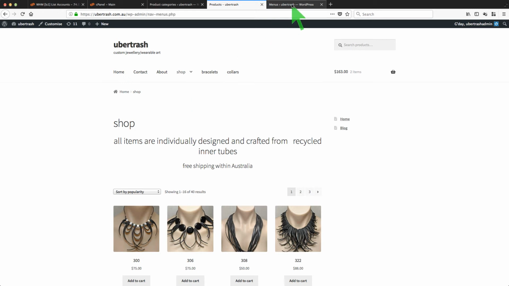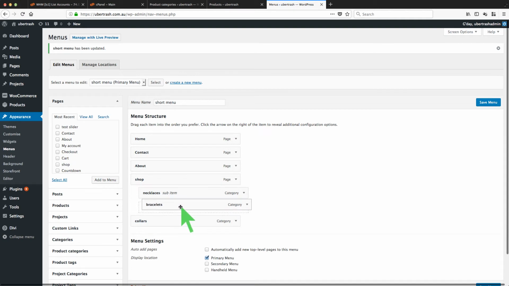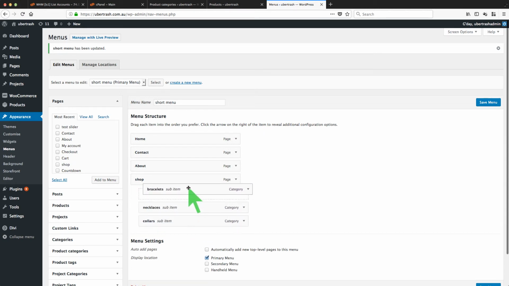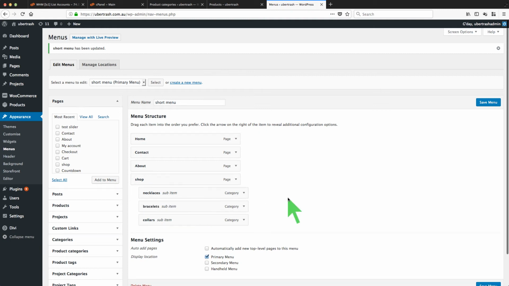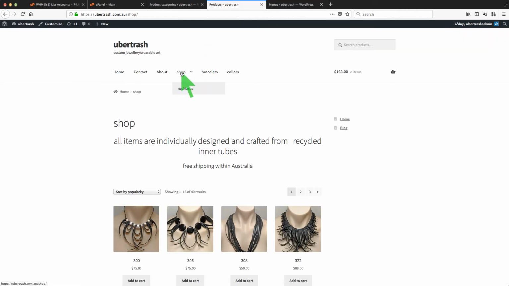So we're going to do that to the others as well. Bracelets, collars, and of course if we wanted to we could reorganize these, but let's just leave them like that for now. Save the menu, go back to our product page here. I can refresh it, so now we've got a nice tidy submenu list here of submenu items, and that works pretty well. So I'm just going to leave it there